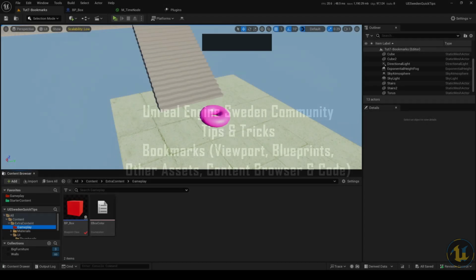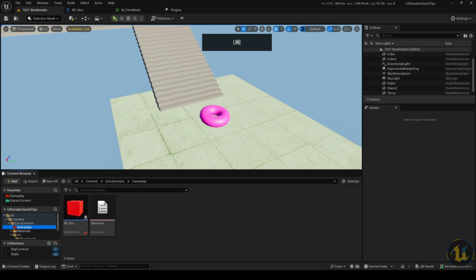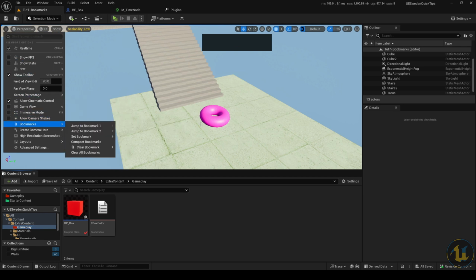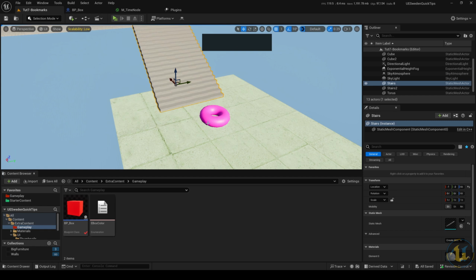Here's some quick fire tips on bookmarking features in Unreal Engine 5. The Viewport bookmarks live here in the sandwich menu, and their keyboard shortcuts are Control plus number to save, number